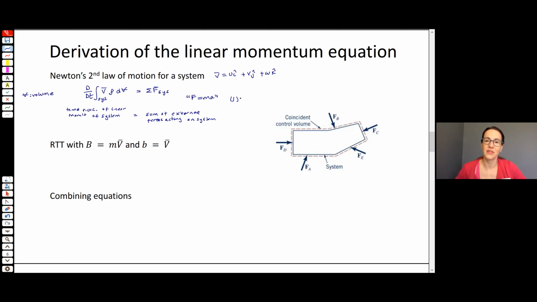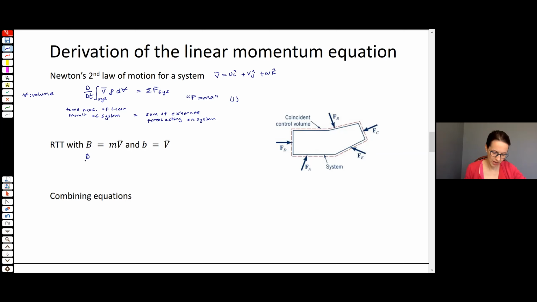When we derived the principle of conservation of mass with Reynolds transport theorem, capital B was m, the mass, so then little b, which is big B, the intrinsic version, per unit mass, was just 1. Here, it's conservation of linear momentum. So big B is our linear momentum term. It's the mass times the velocity, and little b is then just the velocity. So we take that and plug it right into our Reynolds transport theorem from the end of chapter